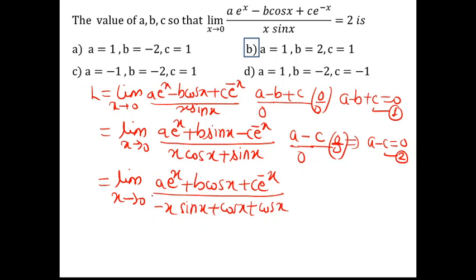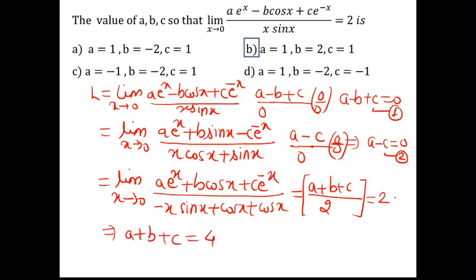Let's apply the limit after differentiating numerator and denominator, that is, applying L'Hospital's rule. So what we find is a plus b plus c, and the denominator is 0 plus cos 0, which is 1, and this is also 1. So what we have is a plus b plus c. Now I am not getting any 0 term in the denominator, so this is considered the value of the limit, but the value of the limit is given as 2. So equating this entire term with 2, we have a plus b plus c equal to 4, 2 into 2, 4. So this is my third equation in the list.